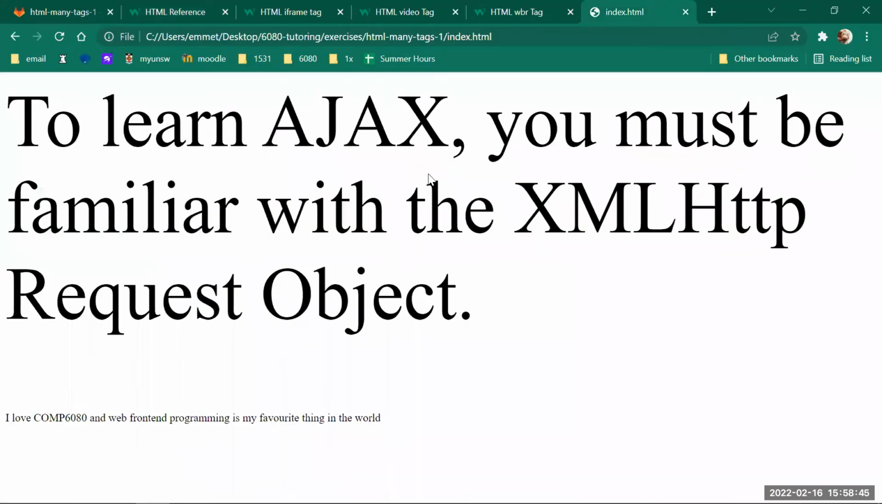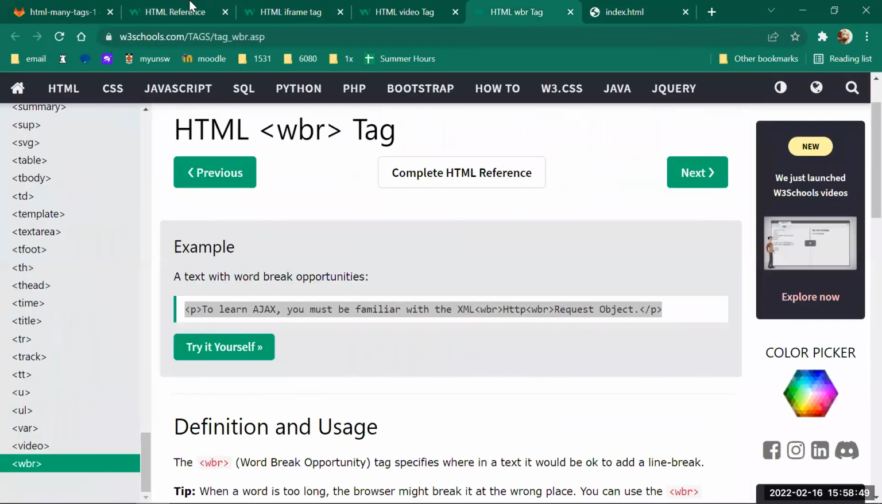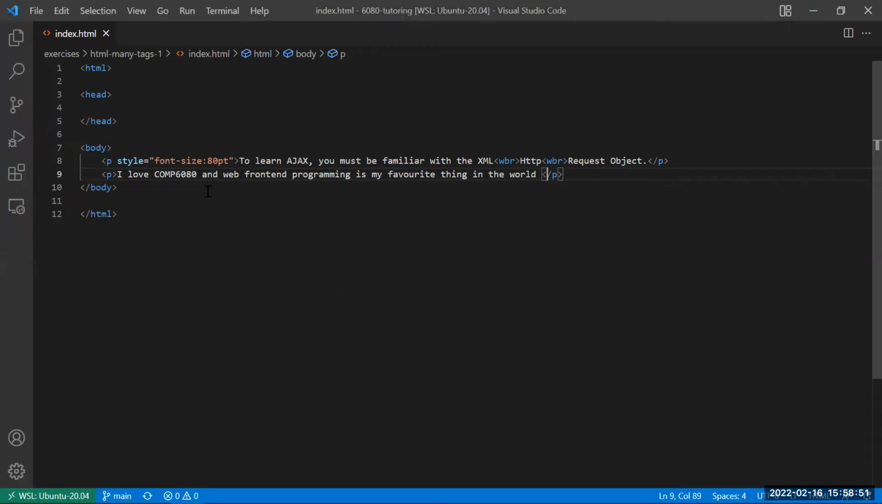Okay, refresh it. What I want to do is try and add in some superscript text and some subscript text. So that's when you have text smaller at the top and at the bottom. So if you have a number to the power of something, that's superscript. So let's try it out. Let's add some text in here. I love COMP6080